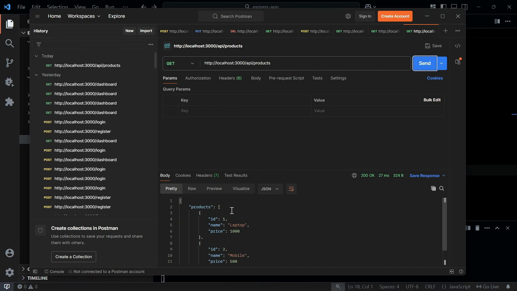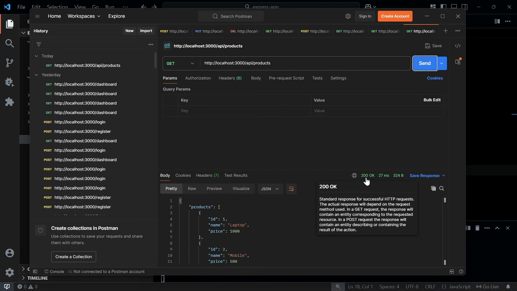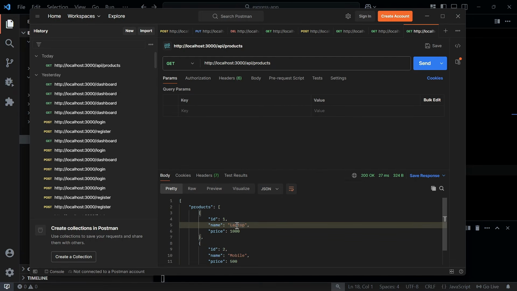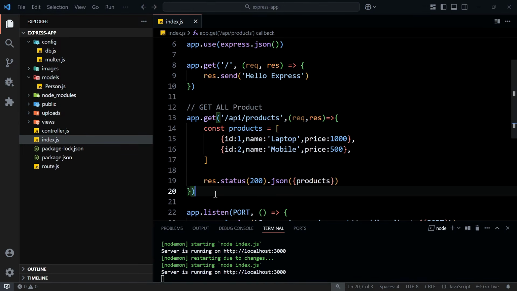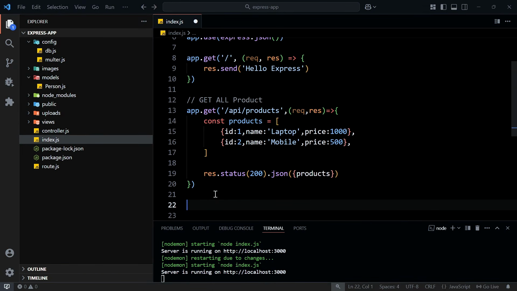So here you can see in this response we are getting the products in this object, and in this products property we have one array, and in this array we have two objects that represent two products. And you can see the status code here, that is 200, that we have sent from our server. So you can see the message here, a standard response for successful HTTP request. After that we will come back to the VS Code editor,